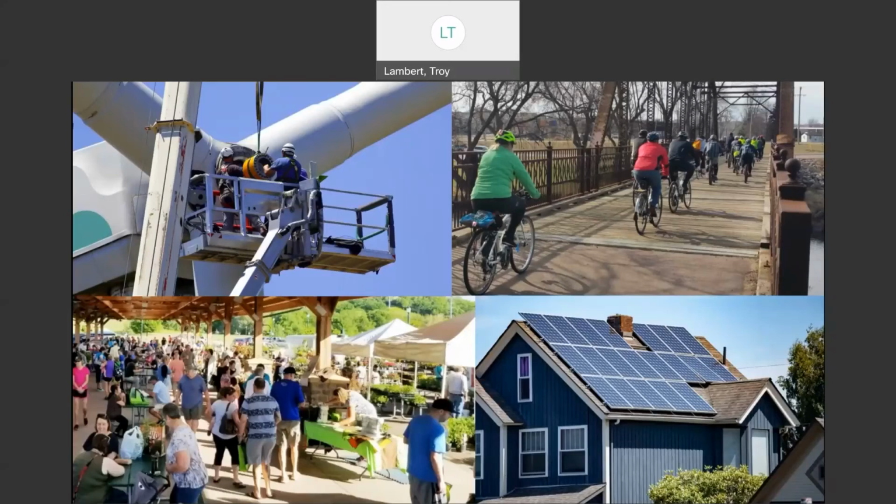This bottom left picture is of the Sioux Falls Farmers Market at Falls Park. And not only is growing local food and increasing access to local food beneficial for our health, beneficial for the soil and the environment, but it's beneficial for our community as a whole. Events like this contribute to social cohesion, which we know is a really important factor in community vibrancy.